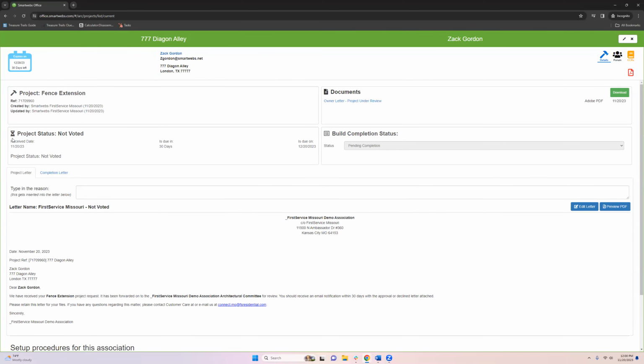Right now, it's under not voted. I have 30 days to go ahead and vote on this, which is also shown here on the top left. And here on the top right is where I'm going to go ahead and vet all of these documents. I'm going to click on all these links as necessary and review everything I need to make a decision for